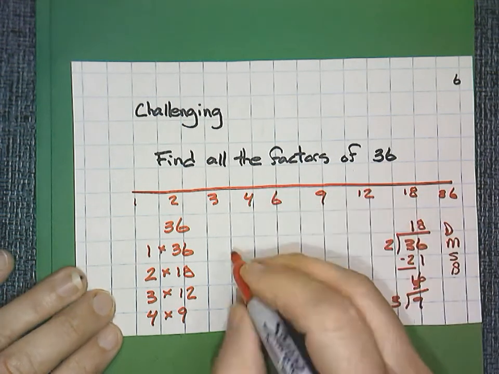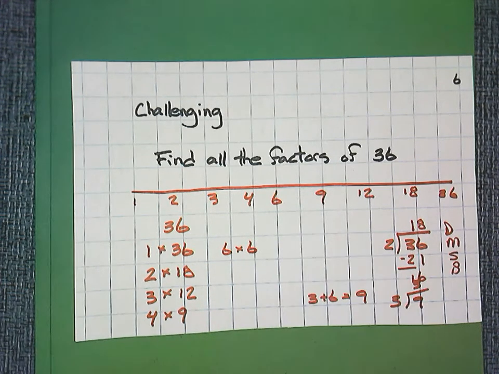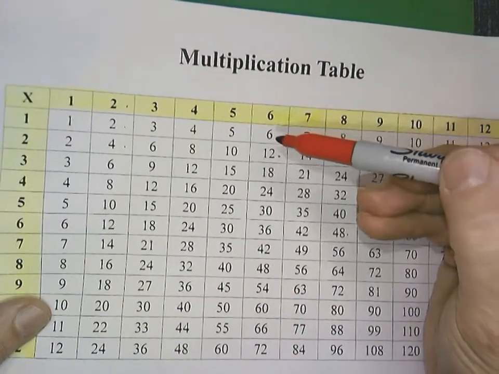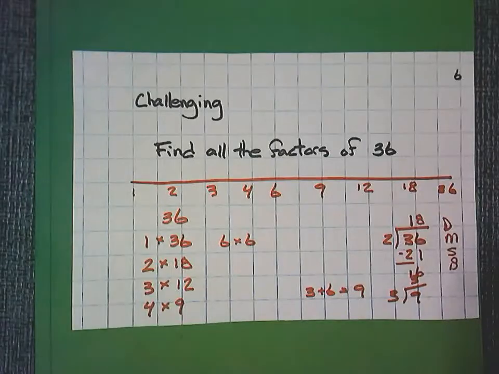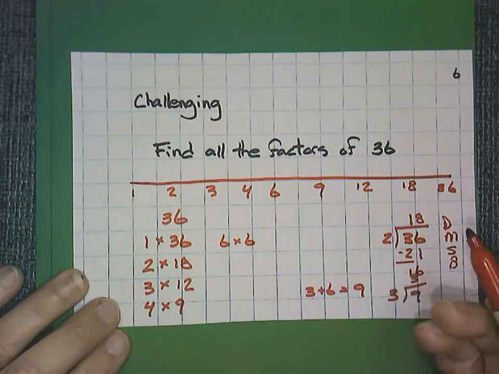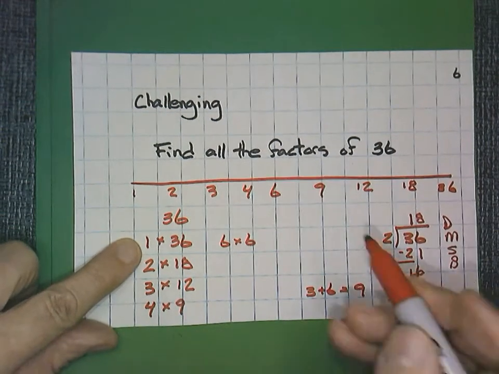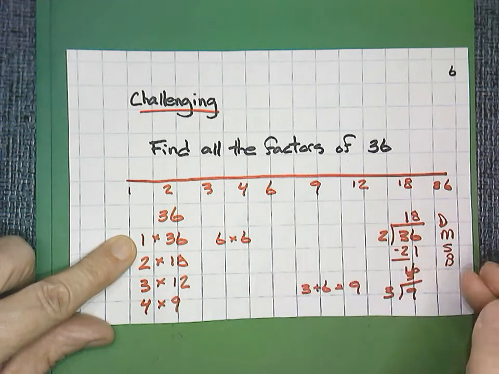Yes. So I would say 6 times 6, and I'll show that to you on a chart. 6 times 1, 2, 3, 4, 5, 6 is equal to 36. And then that would be the last one. So if I list all my factors, and there's quite a few, remember we said that this was a more challenging example, that would be